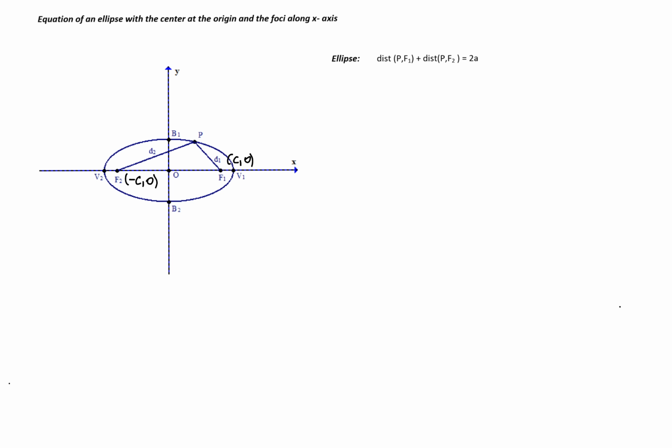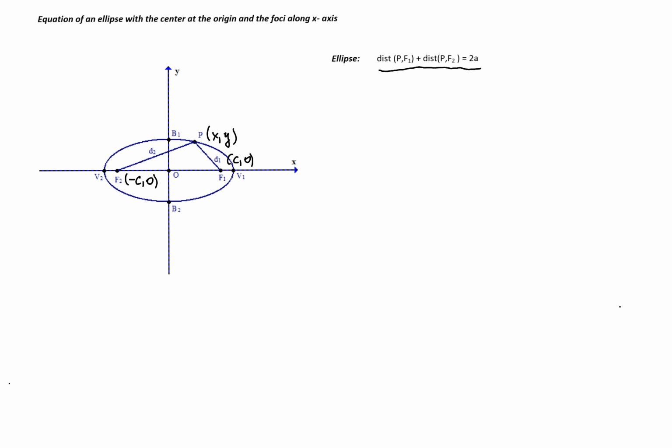Let point P be a point on the ellipse. Let's say point P has coordinates x and y. We want to find an equation in x and y that shows the relation between the coordinates of any point on the ellipse. We'll use for this the equation that defines the ellipse: distance between the point P and f sub 1 plus distance between point P and f sub 2 is equal